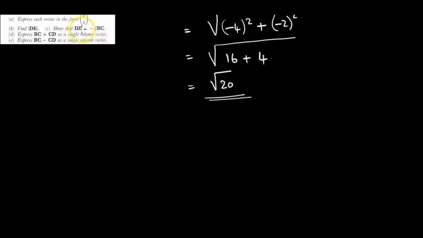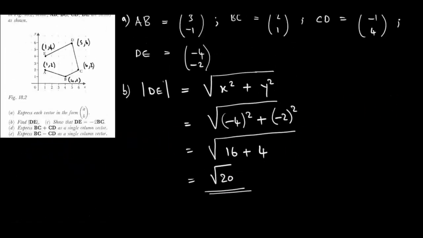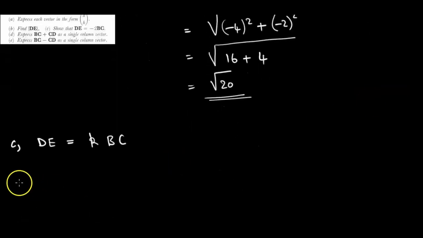So what is DE? Then we are looking at C, and so DE is equal to, let us represent the scalar by K. So DE is equal to K BC. And so what is the value of DE? If we look above, we see that DE is (-4, -2). So here we have (-4, -2) is equal to K times